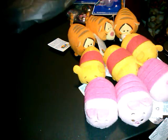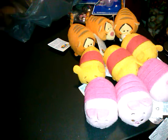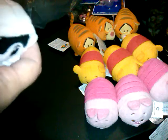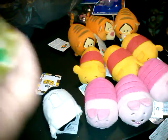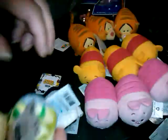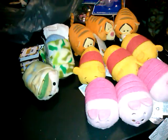Then I found the next theme. Was, which Jake's gonna freak out, Star Wars. So they had the Stormtrooper. They had, who's this girl? Oh, I can't remember her name. Let's see. They had this Star Wars girl and this Star Wars guy. So those are the 3 Star Wars they had. I got those for Jake. And then